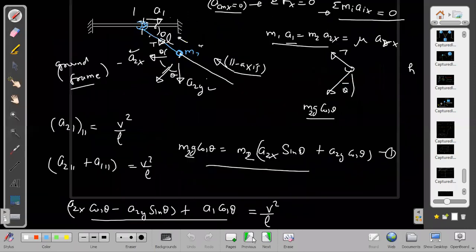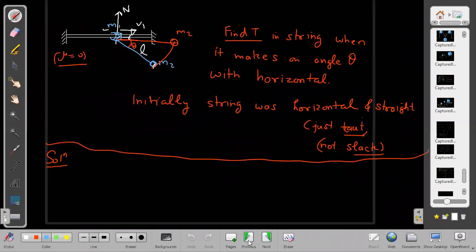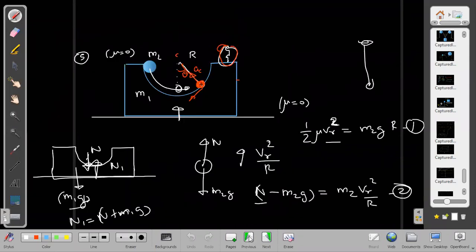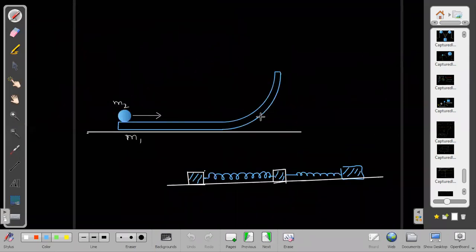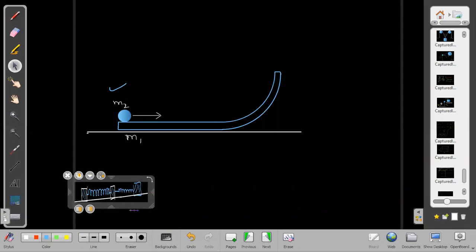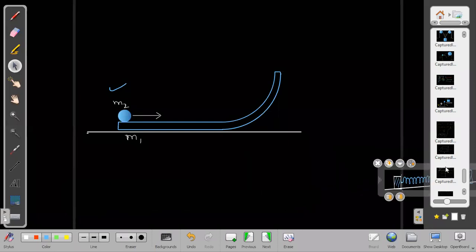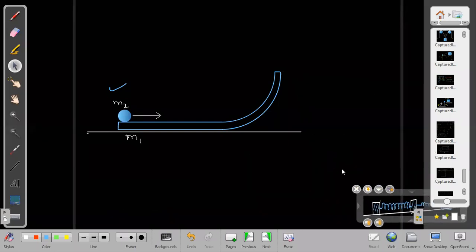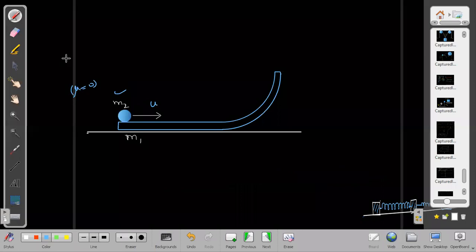What other questions now? So take this question, sir. Which one? This one? Okay, let me take this one. In fact, I can do it here only. Here also we have space left. I can take it here. The question was: it was thrown with velocity u. What is the maximum height raised by m2? No friction anywhere.